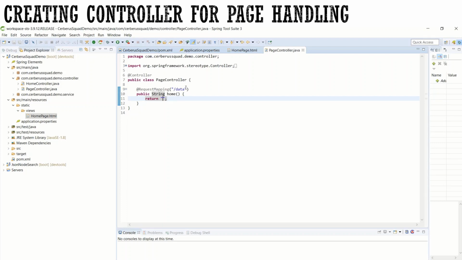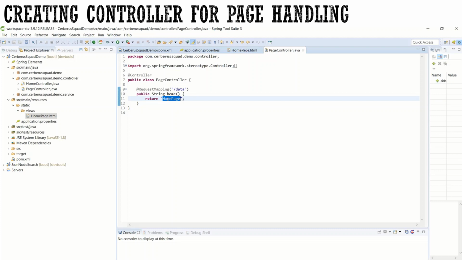I just provided return homepage. So homepage.html is my template name, and you provide the file name without the extension. When I call this, it will return the response as the HTML page, and whatever content is in that HTML page will be displayed inside the browser.